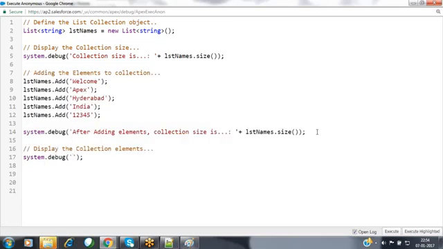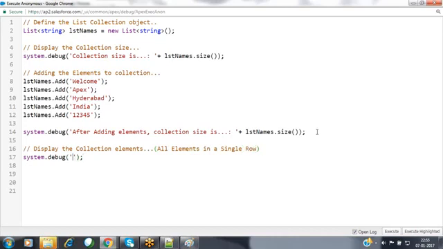One is to show all the elements in a single row, or you want to show each and every element in a separate row. These are two cases available here. If you want to show all the elements in a single row, we use this type of implementation: all elements in a single row.